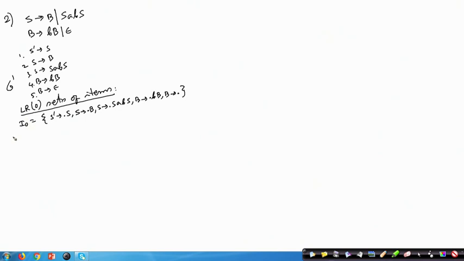Now from this set, if I try to construct go to I0 and S, go to I0 S, we will have S dash producing S dot, okay, and then S producing S dot A B S. So, this is a new set I1 that we get.